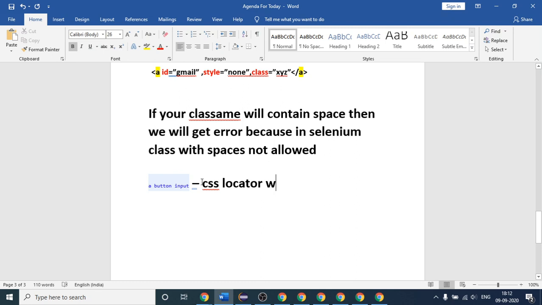In this case, there is one strategy you can use, the CSS locator technique, to deal with this. We are not discussing it here, but I have just given you a brief idea, so do not think that you are writing the class name incorrectly. It is because your class name has spaces. This is the reason you are getting the error.